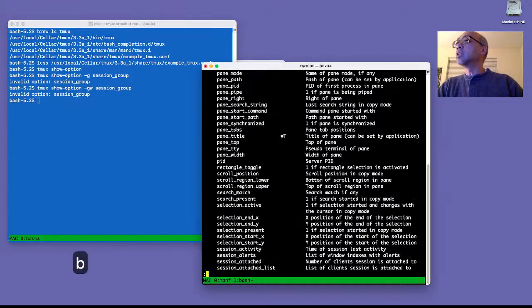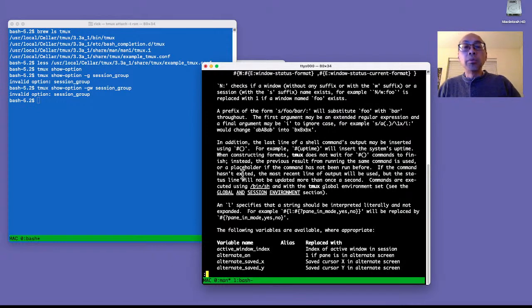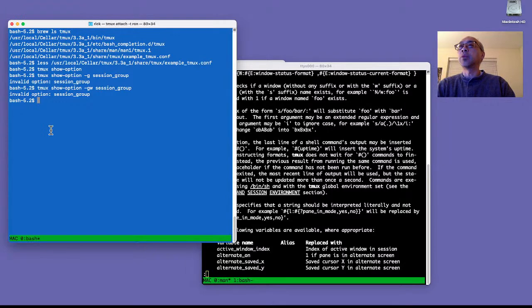Yeah, it's not. What is this section? Yeah, variables. So these are variables that you can use for programming tmux, but it's not an option that we can set or display using the show option. The key, though, the thing that I wanted to